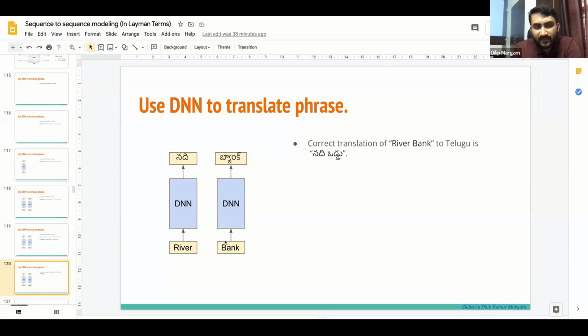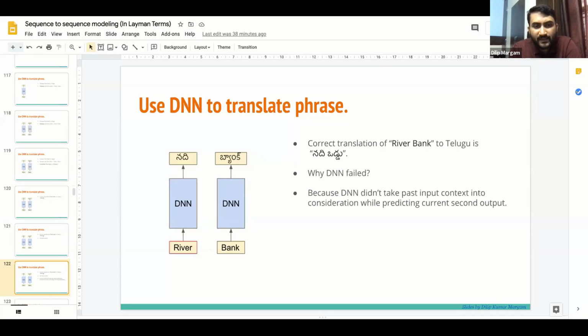Why did the DNN fail? The DNN is failing to take the past input into consideration while trying to predict the current output. When it is trying to predict bank in Telugu, it has to know that it has seen river previously. So it is not the English bank where money is stored, but this bank refers to oddu, which is kinara in Hindi.